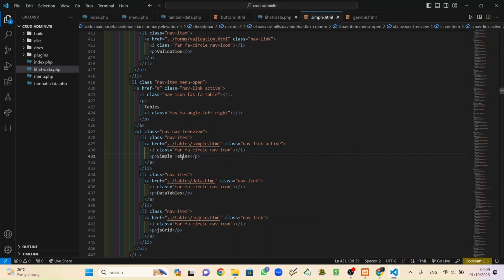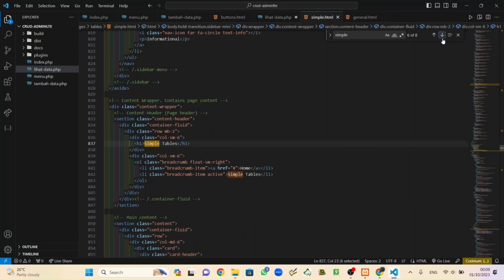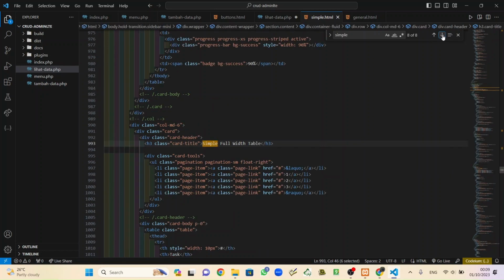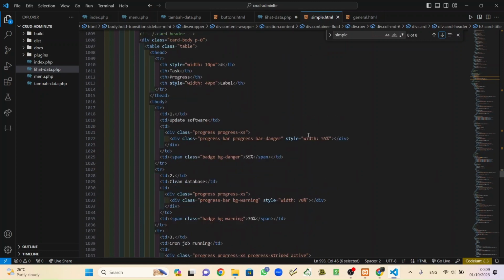Simple table. No, not this. Control F. This is for navigation. Now, this. I think this one. Content header, content wrapper. Not that. Simple full width table. Okay, this.